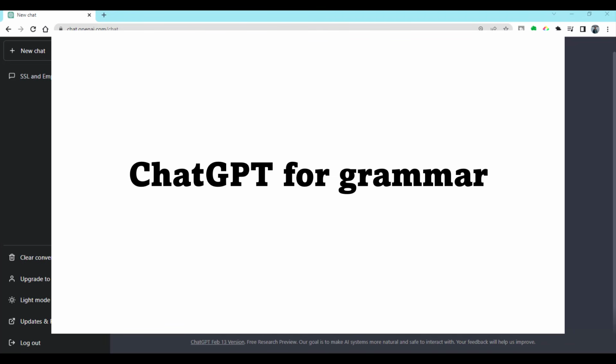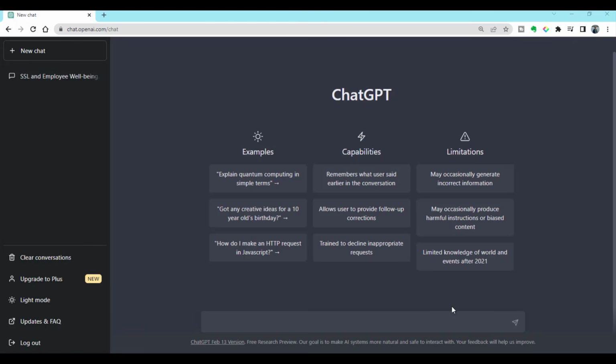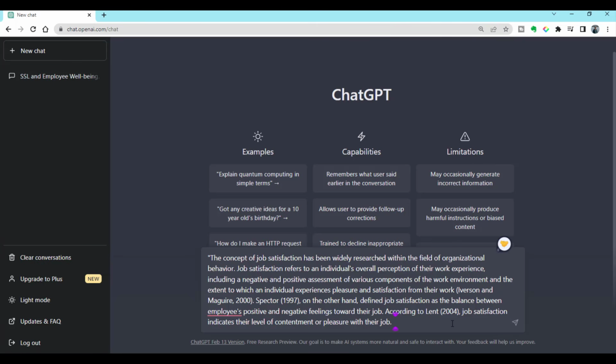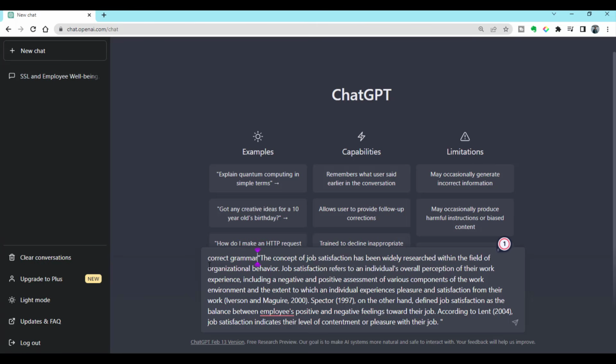ChatGPT can also be used to correct the grammar mistakes. I have written a paragraph. Let me paste that paragraph here. Control V. Put the inverted commas before and at the end. And before starting this paragraph, just write, correct grammar mistakes, and press arrow.